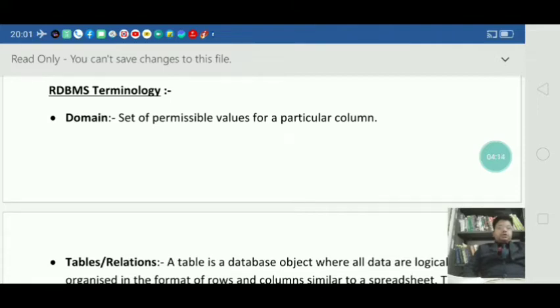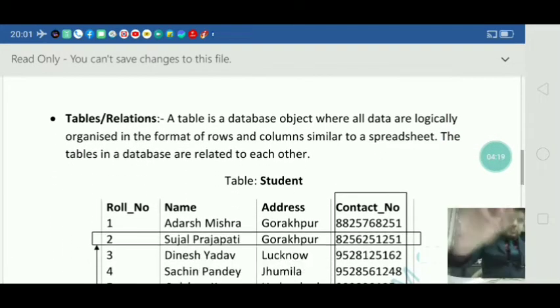Next comes tables, or relations. A table is a database object where all data are logically organized in the format of rows and columns, similar to a spreadsheet. So tables are database objects. That means our relational database management system contains some tables.